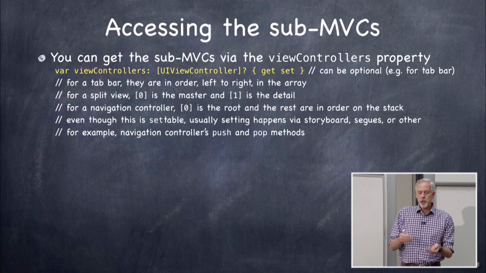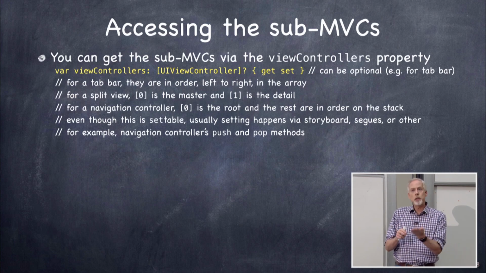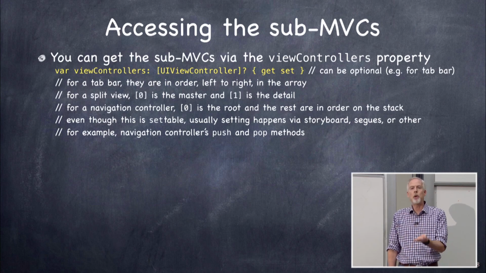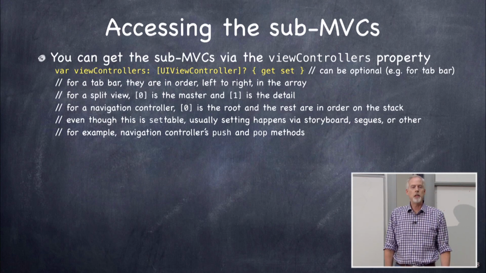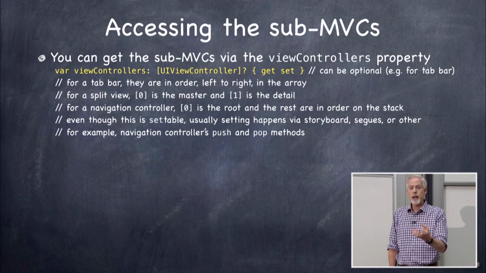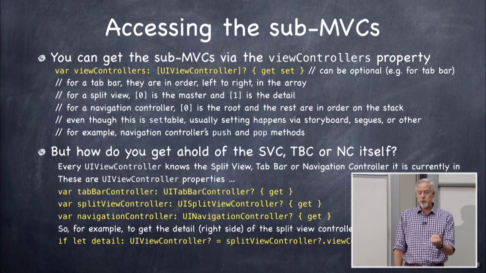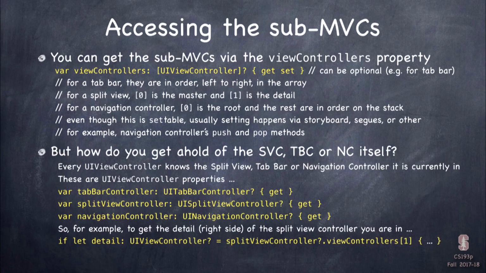And if it's a navigation controller, then view controller sub 0 is the root view controller, and all the cards layered on top are the other view controllers in the array in order. So that's how you can get at all the view controllers that are in one of these MVCs of MVCs. Now, how do you get at the MVC of MVCs itself? How do you get to the navigation controller, the split view controller, whatever? Well, there's three awesome vars in UIViewController called tabBarController, splitViewController, and navigationController, and